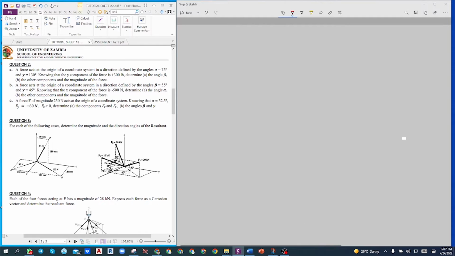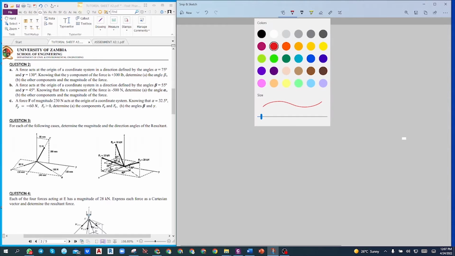I am tempted not to solve it, but anyhow, we cannot wait for the others who are slow, so we'll just solve it, and then probably we'll mark those people out of 50. The highest they can get if they submit is 50%, because they are late and we cannot condone late. So